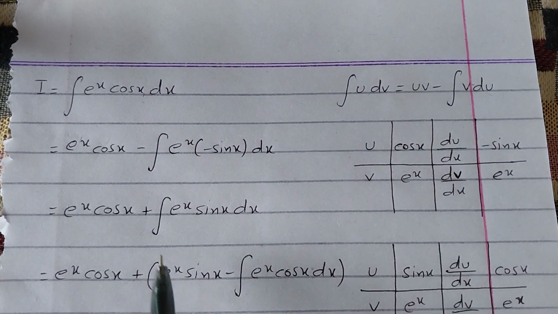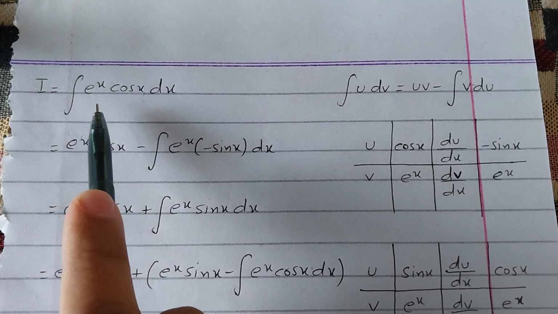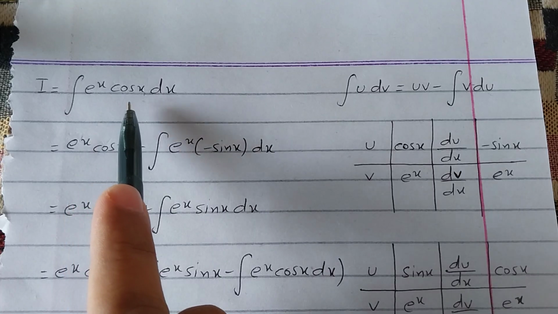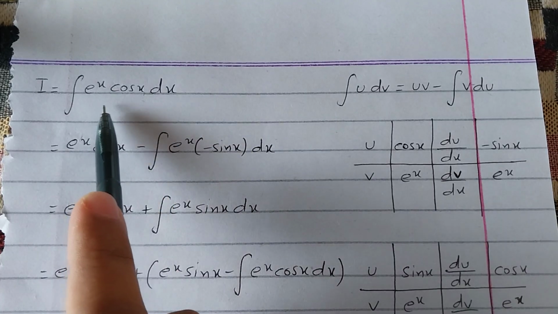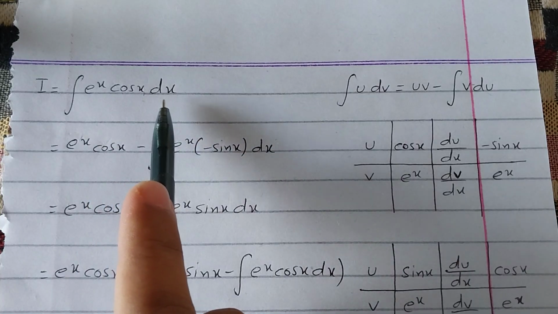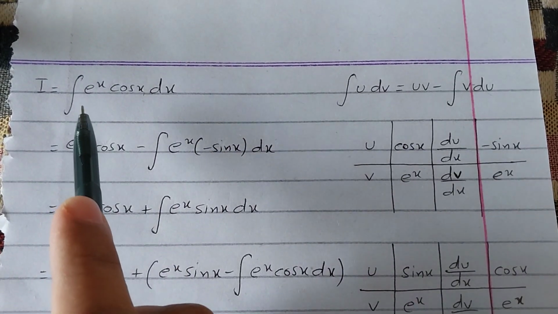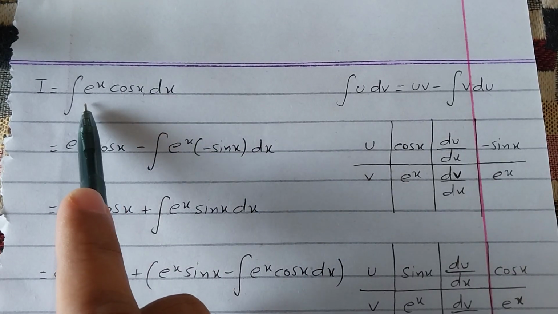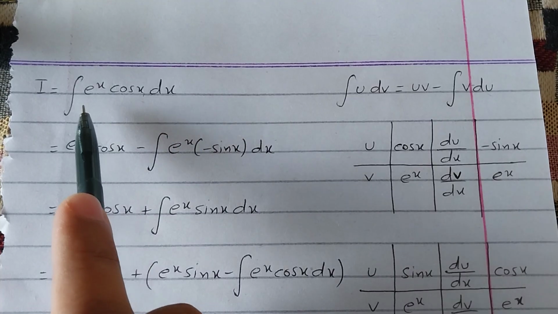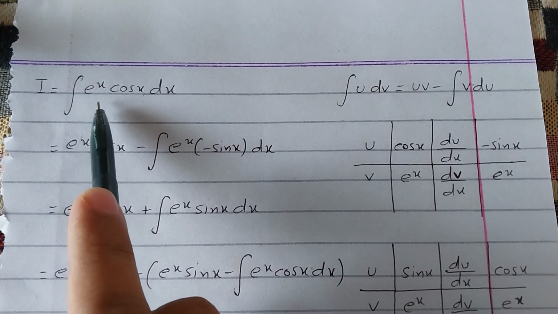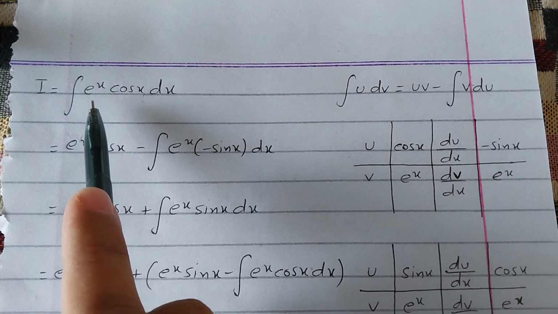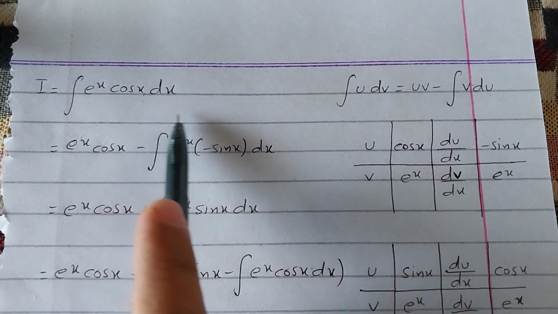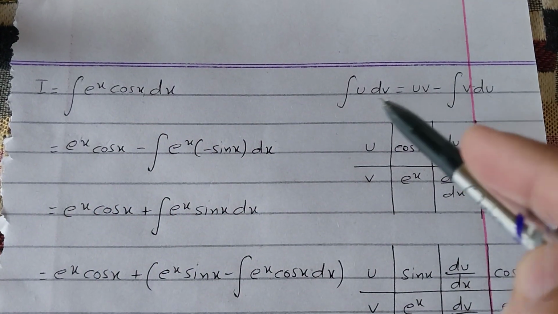So, today we are going to solve this integral, and the integral is e raised to power x into cos of x, and we have to integrate this with respect to x. As we can see, we have a product of two functions, e to the x and cos x, and we want to integrate it. Whenever there is a product, we use integration by parts, and the formula for integration by parts is